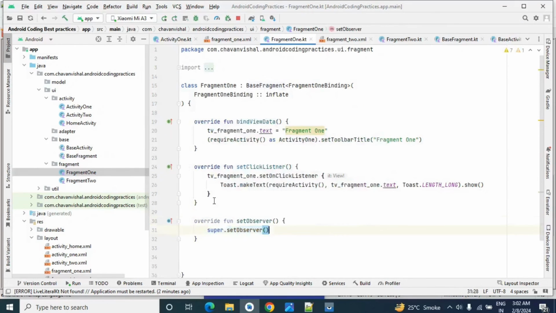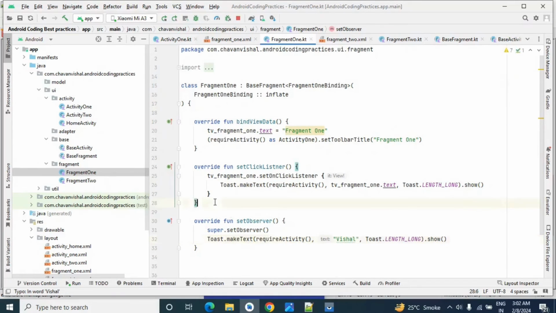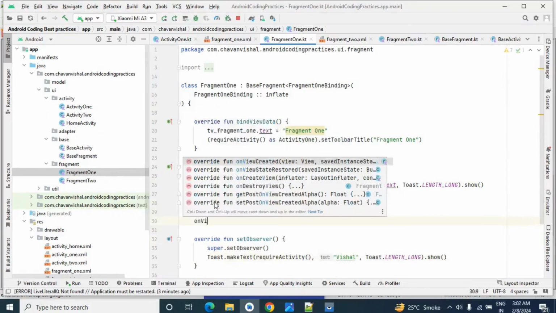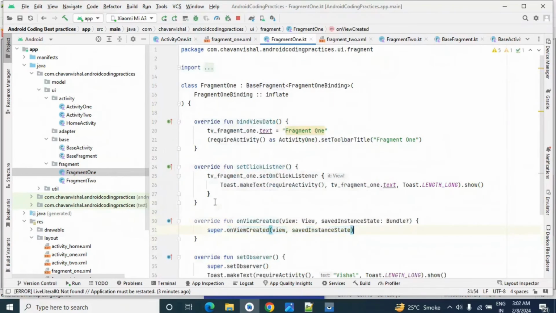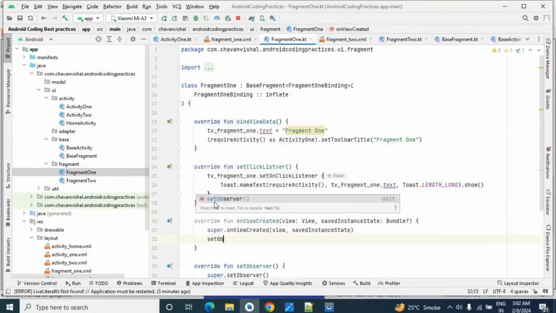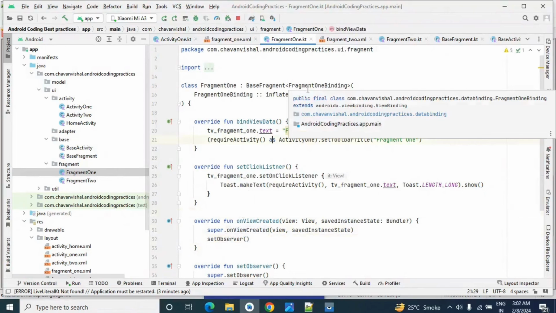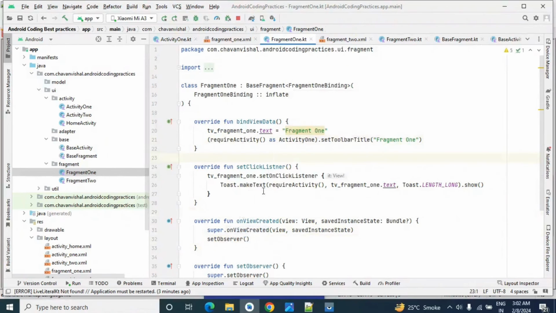In set observer I'll just show a toast message and pass Vishal. And this method I'll call from my on view created. I have added the set observer method only in fragment 1. In fragment 2 I have not added this method.